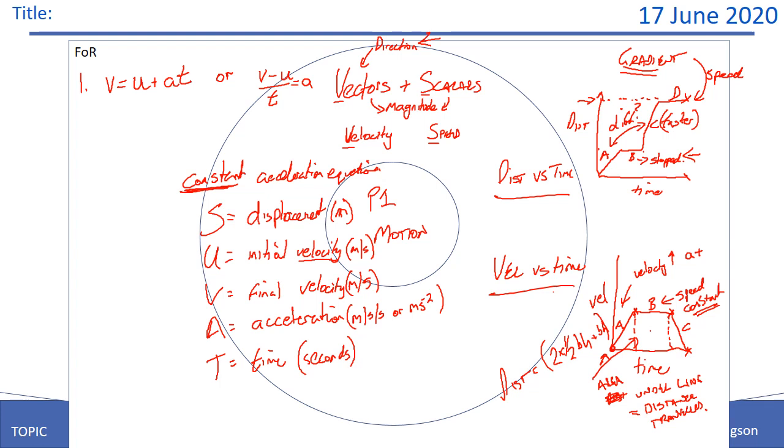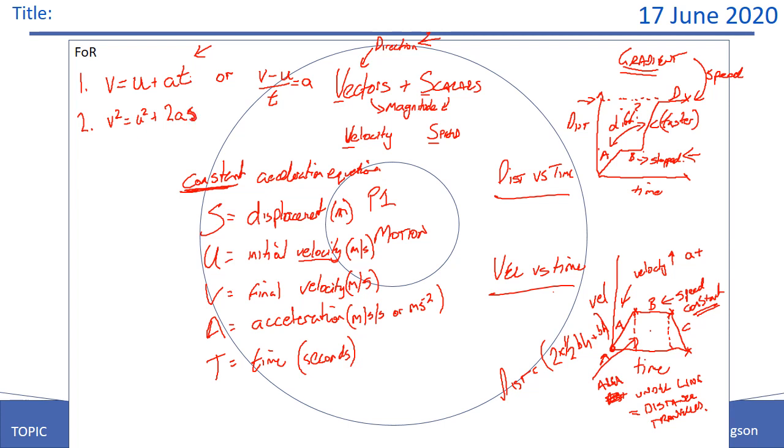Okay, I do generally find most students find this one on the left easier to remember, but if you're very good at rearranging equations, it doesn't matter which one you remember because you'll get to the same thing. The second one is v squared equals u squared plus 2as. Now I'm going to hesitate for 2 seconds because in